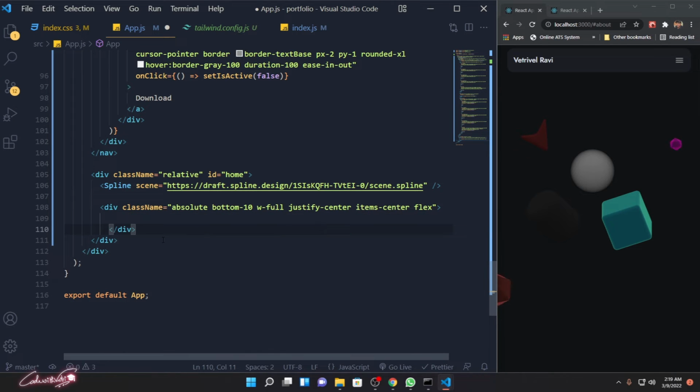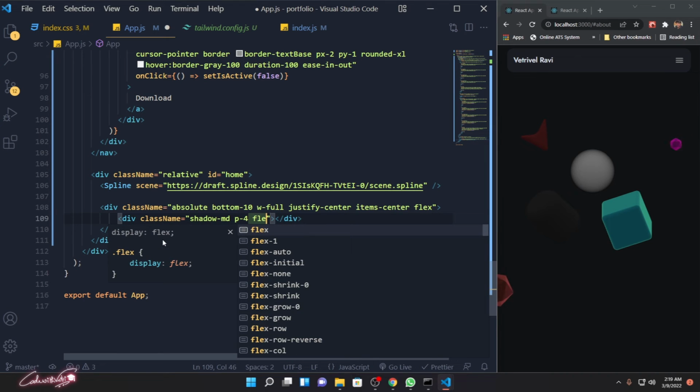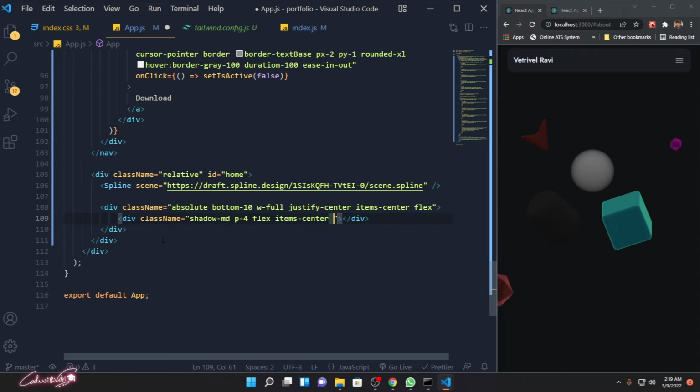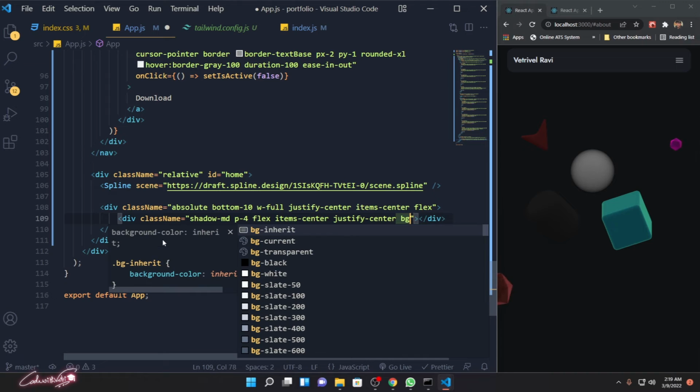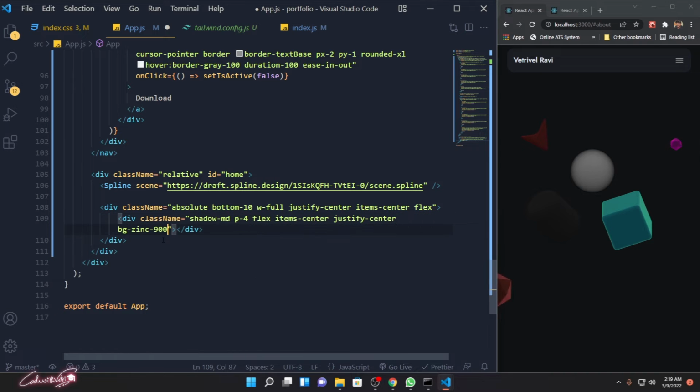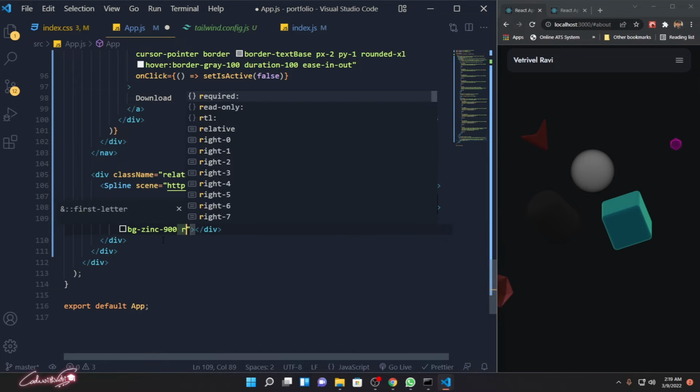And inside this division, we are going to have one more div, and that is going to have a class name: shadow MD, that means shadow medium, and padding 4 in all the corners, and then flex items center, justify center, and then BG zinc 900 is the color we are using, and rounded